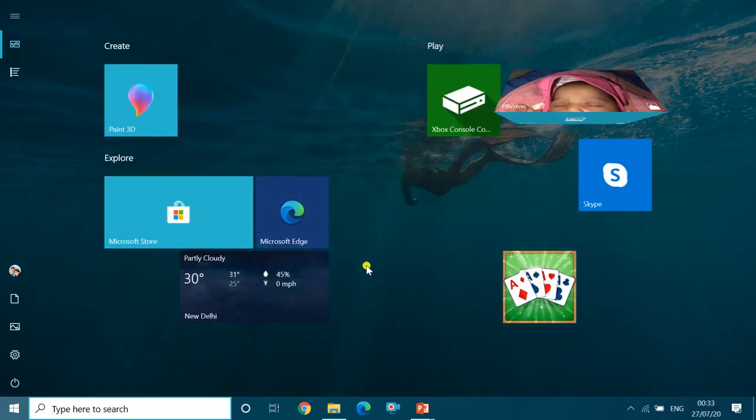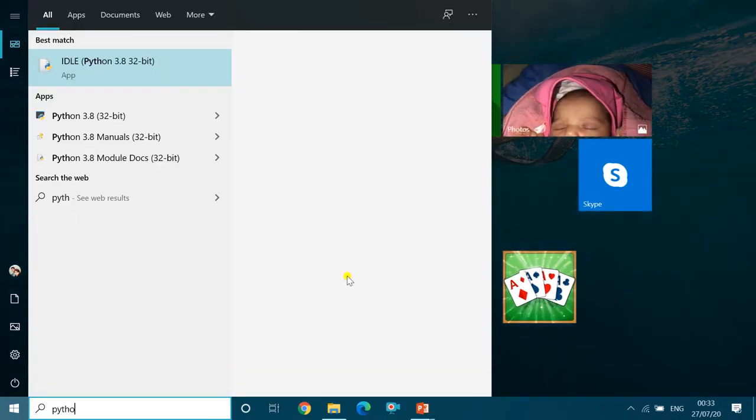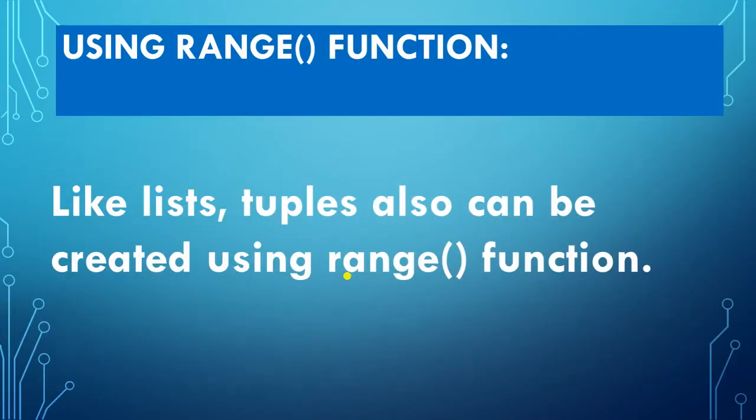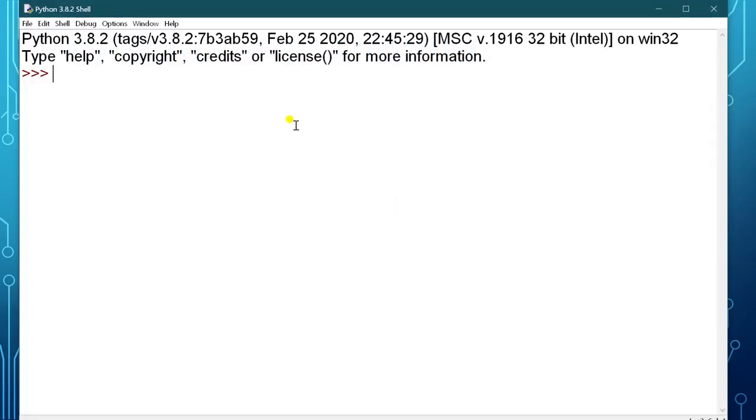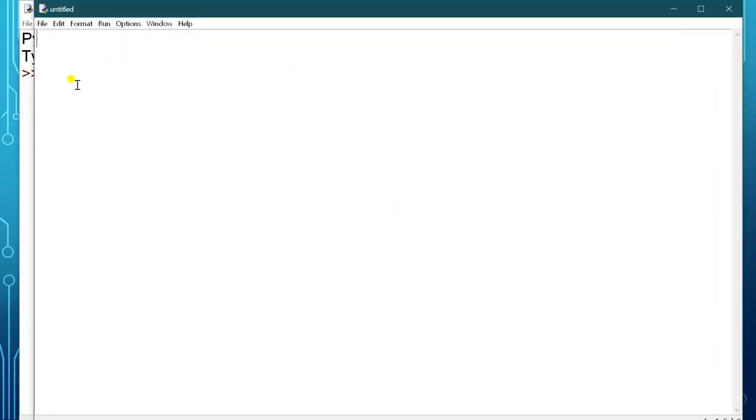I am just going to show you how to use this. You have to create a new file. Here you will write the variable tup is equal to P, Y, T, H, O, N, Python.